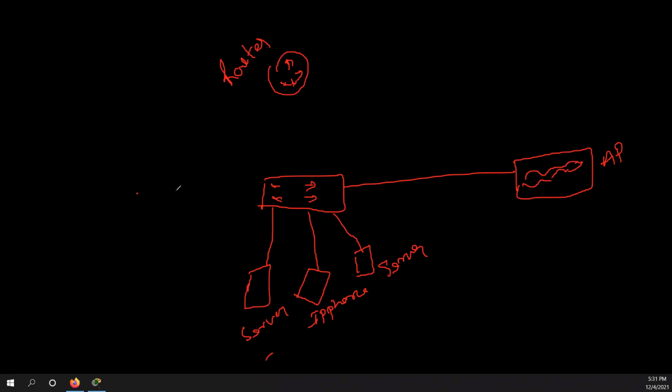And then we have further a switch connected from here, which is connecting further a printer. Then a few PCs.